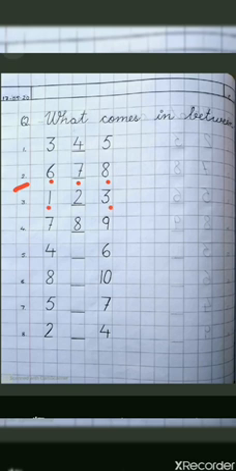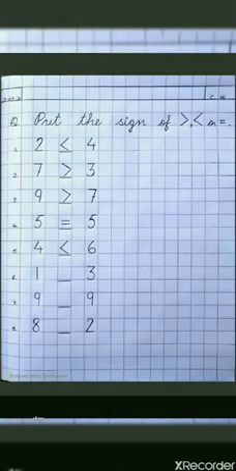Between 1 and 3, which number will come? Yes, 2 will come between 1 and 3. And which number will come between 7 and 9? So 8 will come between 7 and 9. Try to do the remaining questions, that is, what comes in between 4 and 6, 8 and 10, 5 and 7 and 2 and 4. The last question of Unit 2 is,